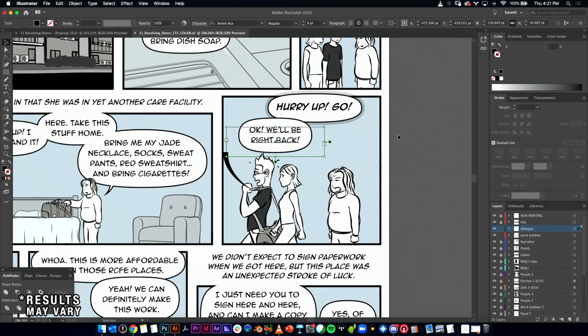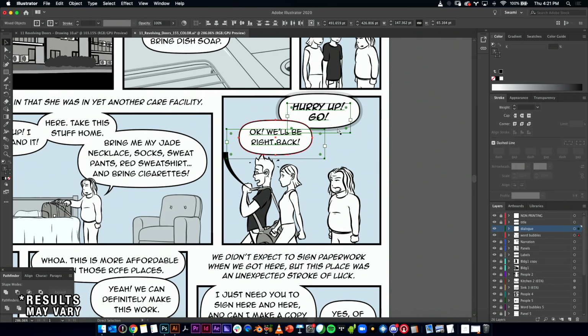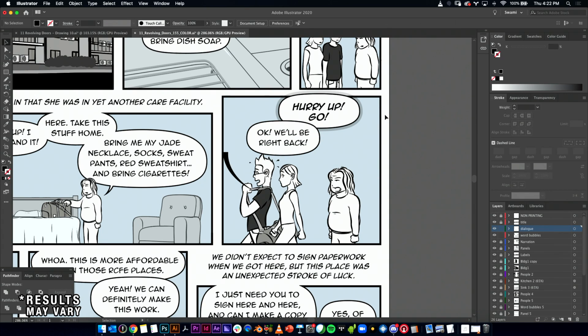There we go. Again, there's necessarily no rules, right? But just because this is lower than that one, if it was too far over here, it still might read from left to right, which is not what we want. So there's kind of a cutoff point where it needs to be low enough and vertically or horizontally aligned close enough where it feels like it should be reading top to bottom instead of left to right. I don't know, there's got to be an interesting rule or trick to figuring that out,